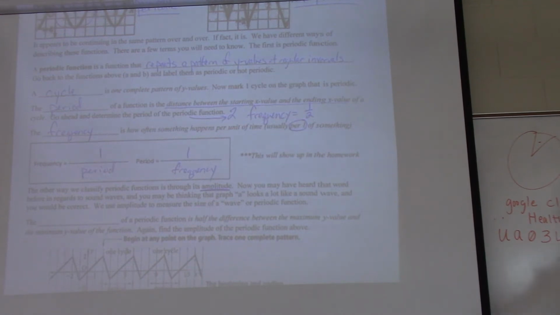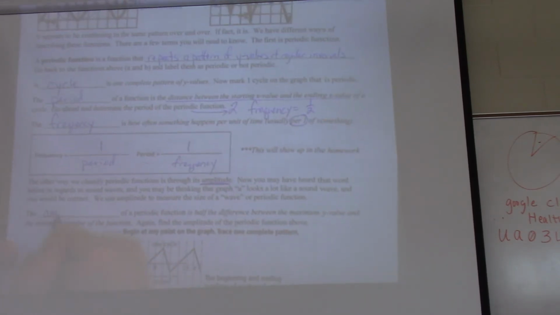So in science class, do you remember what an amplitude is on these graphs? It's like between the peak of it, from the bottom to the top. From the bottom to the top, and then divided by 2. Okay? And that's really what we have to do here. It's the same exact thing. So it's basically the distance from the midline to the top, or the midline to the bottom, right? So the amplitude